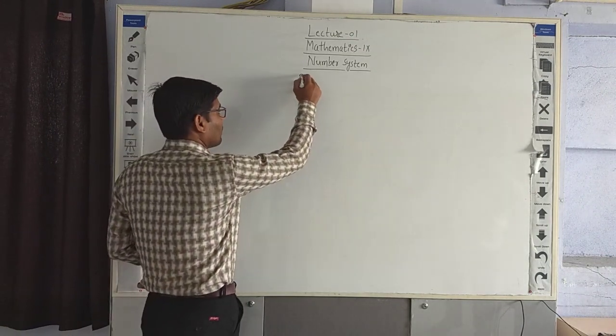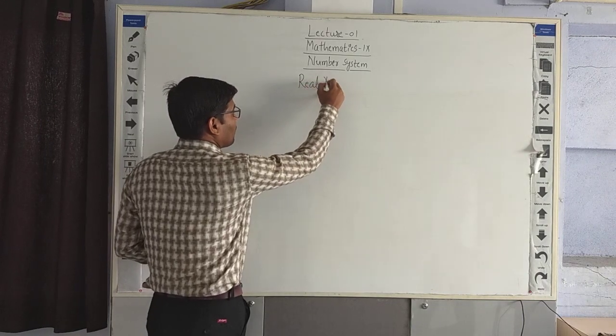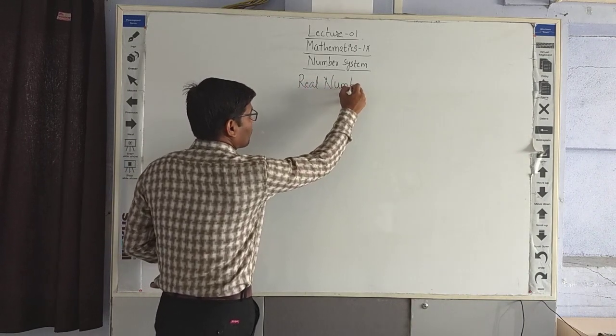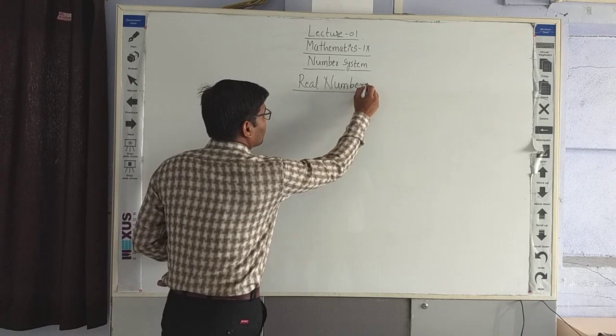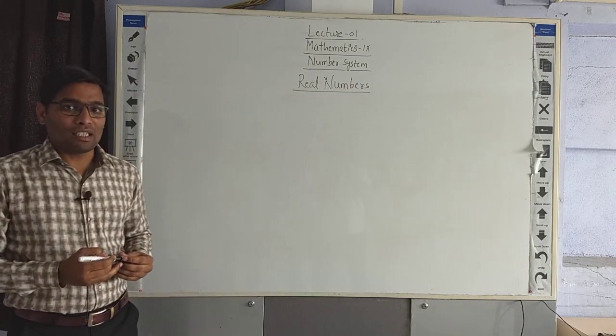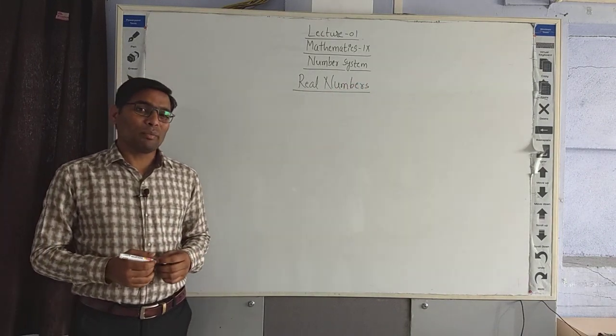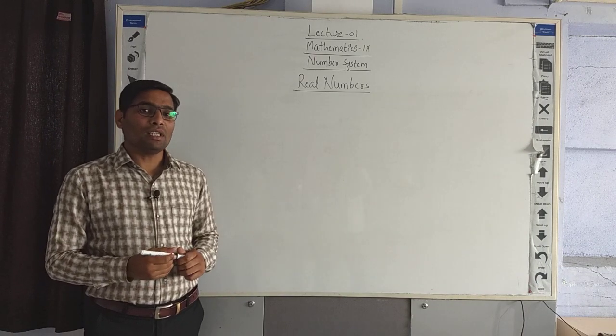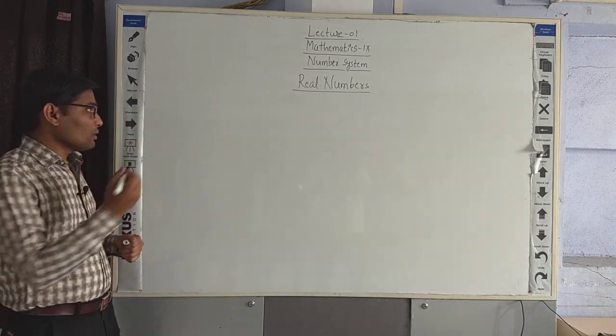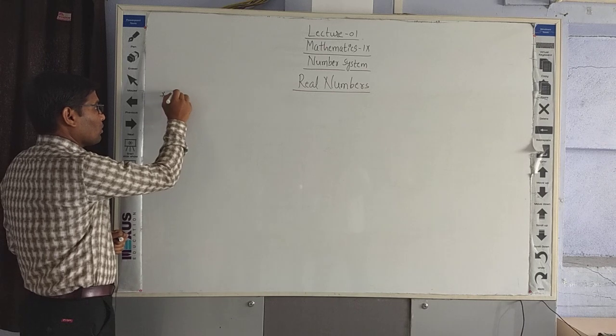Let's write real numbers. Before we start our real numbers, it is very important to know the basic numbers that begin with the natural numbers. Let's start with the natural number, that is the first one,